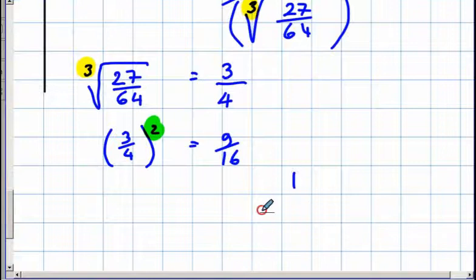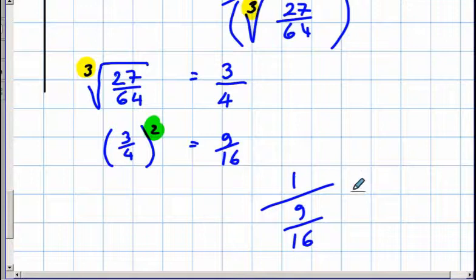So my answer is 1 over 9 over 16. But 1 divided by a fraction is the reciprocal. So 1 divided by 9 over 16 is 16 over 9. There you go. I've not seen one as difficult as that come up, but hopefully you've